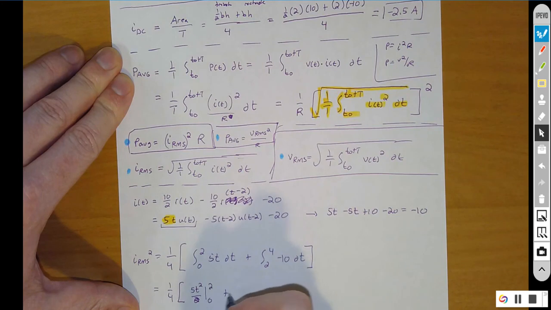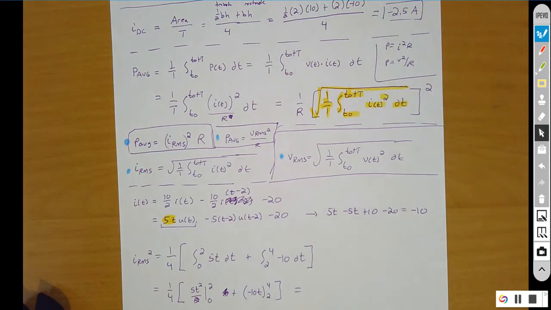plus a negative 10t from 4 to 2. Once you work all of those numbers out, you should find that you have a